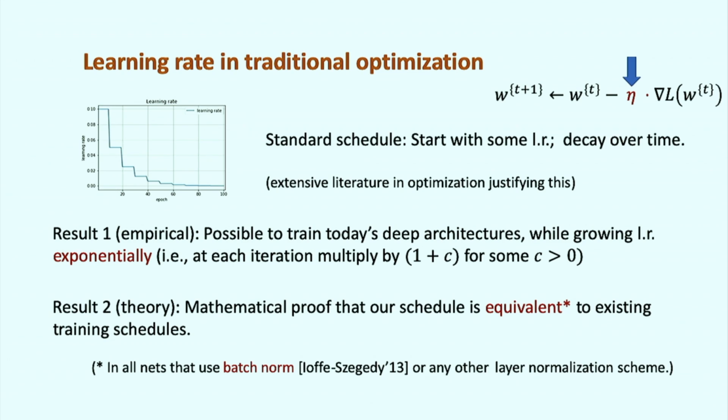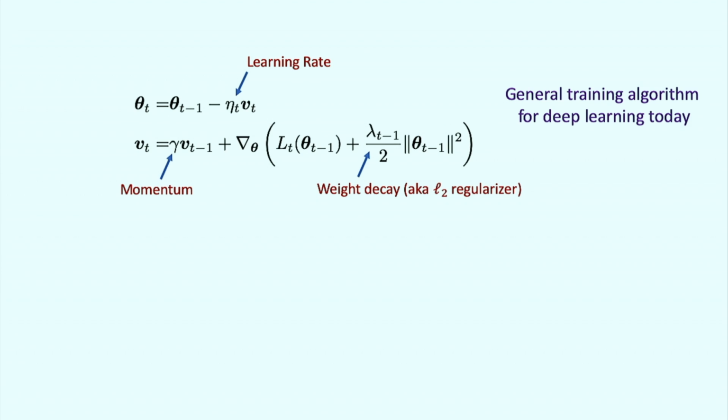And what's the asterisk? It's in all the nets that use batch norm or any other suitable layer normalization scheme. And there's this idea of Ioffe and Szegedy, which is you introduce some kind of a normalization layer at every layer of a deep net. And this is used basically in all architectures today. And when you use batch norm, then you get this phenomenon with the current schedules, that the current schedules are equivalent to something like that. Okay, so batch norm is just a fact of life, and so nobody even thinks of commenting that a network is using batch norm. It's part of training. All right,